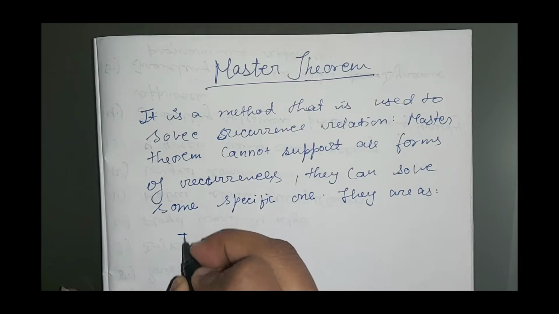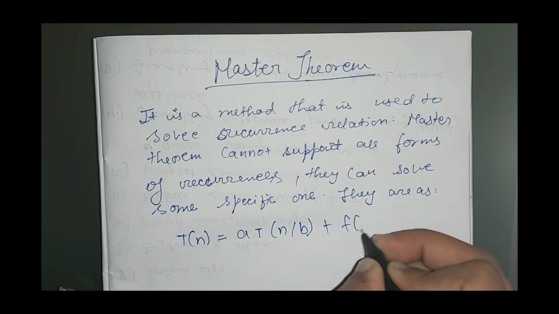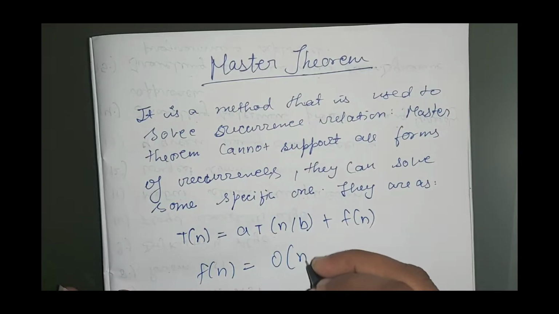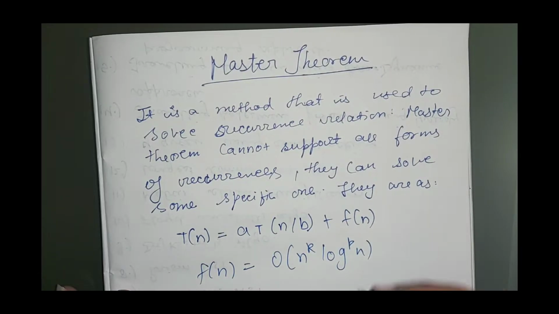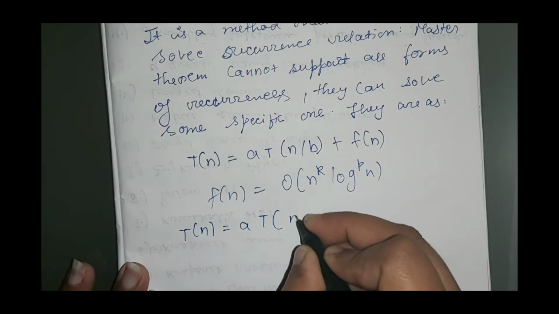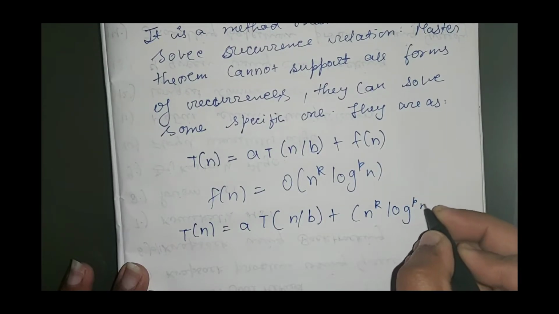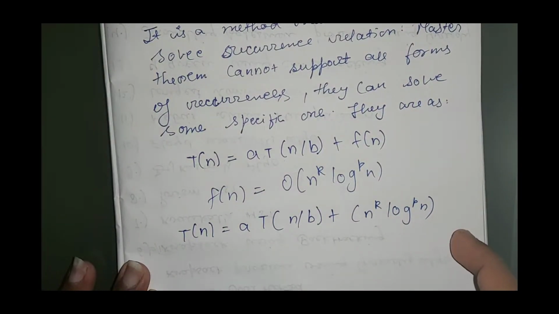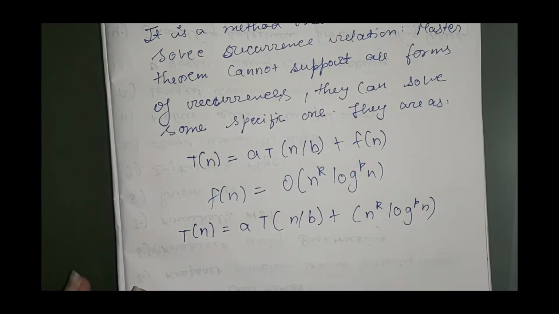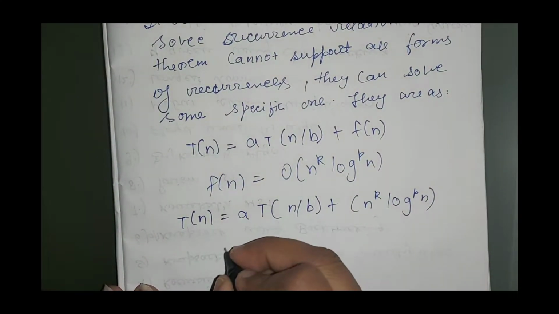That is, if we have T(n) equals a T(n/b) plus f(n), where f(n) is nothing but order of n^k log^p n. So T(n) equals a T(n/b) plus n^k log^p n. This is the form a recurrence relation is always in, which we have studied in the substitution method also. So there is a condition to be solved by master theorem, that a has to be